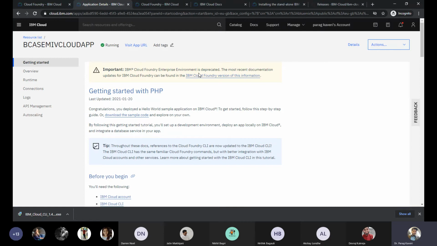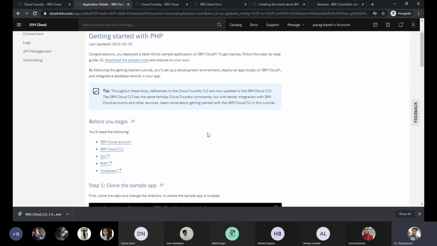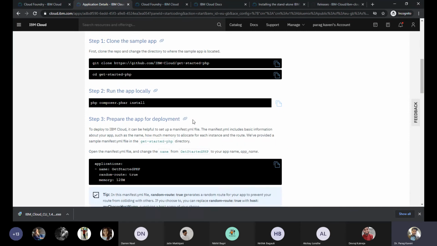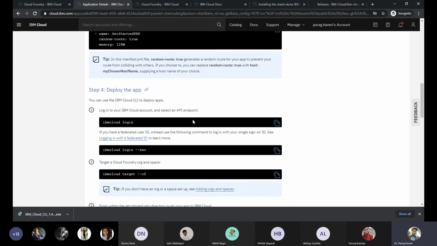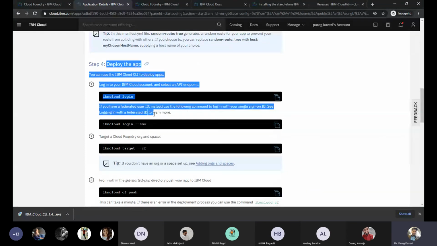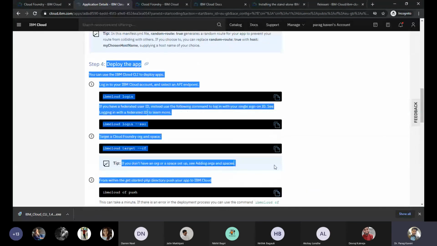Now with the help of a command line utility, I can actually replace this app with another app. So you can use a Git method, or you can simply use the CLI method to deploy your app.